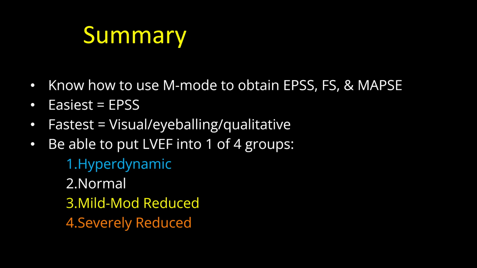EPSS, fractional shortening, and MAPSE, which form the basis of quantitative measurements of ejection fraction when you start out with point-of-care ultrasound. Now, my favorite and the easiest is EPSS, but the fastest is going to be the eyeball or qualitative technique. But again, you need to have seen at least 50 echoes to use this technique. And thankfully, you don't need to find the exact ejection fraction percentage. You just have to know how to bin it in one of four groups: hyperdynamic EF, normal, mild to moderately reduced, or